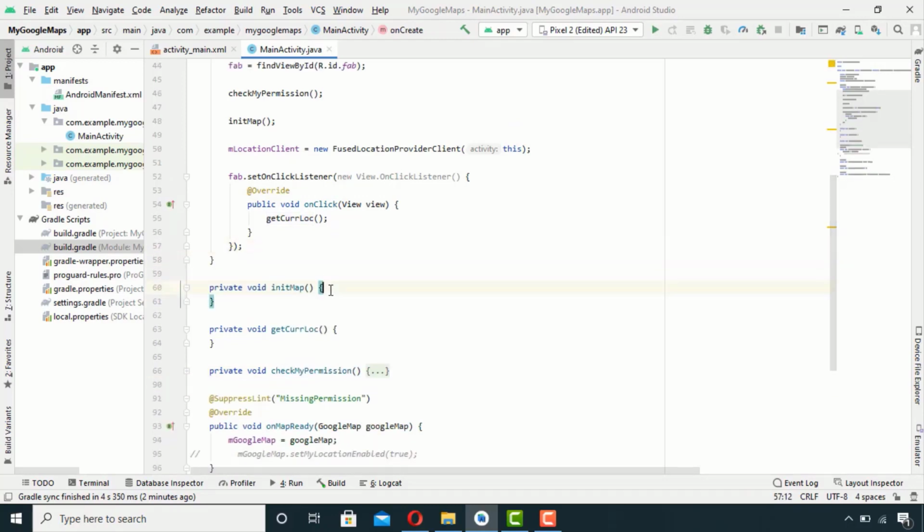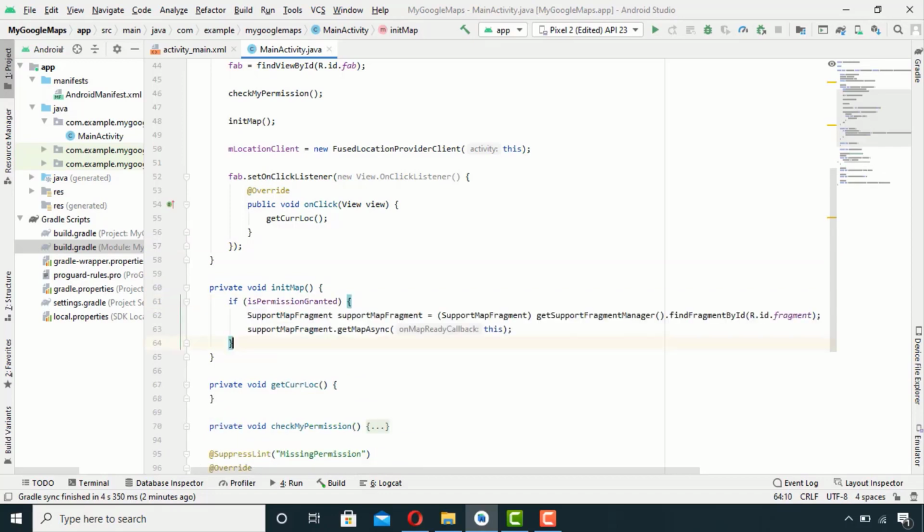Now I can cut this code and paste it in between this method.